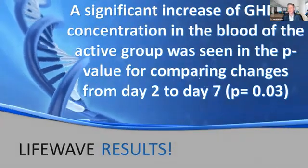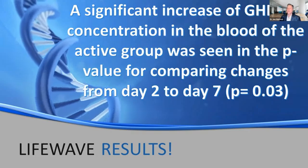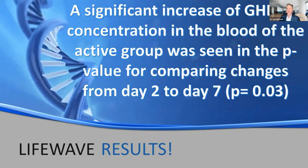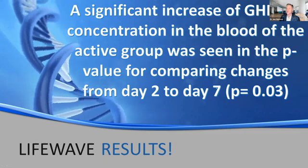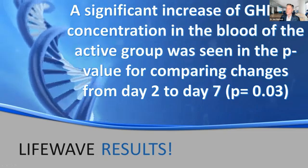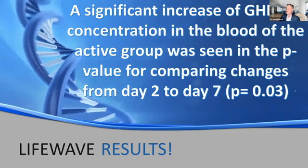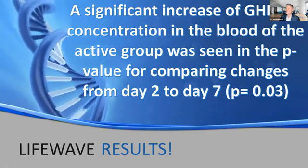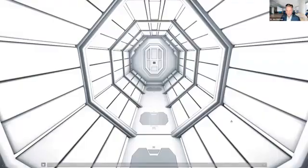So here's the final result. Significant increase of the GHK copper concentration in the blood of the active group was seen in the p-value. You're going to find that out from Dr. Staci coming up. What is the p-value for comparing changes from day 2 to day 7? So the biggest result was between day 2 and day 7, not between day 1 and day 2. This p-value is lower than the standard to indicate significant improvement, significant results. She'll explain that. Okay, Dr. Staci,